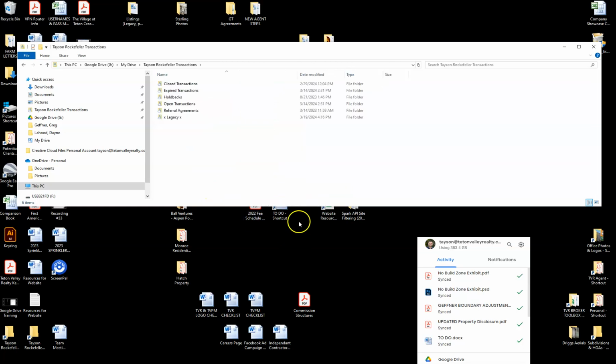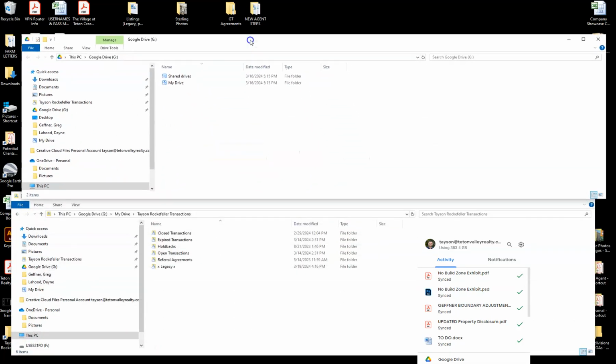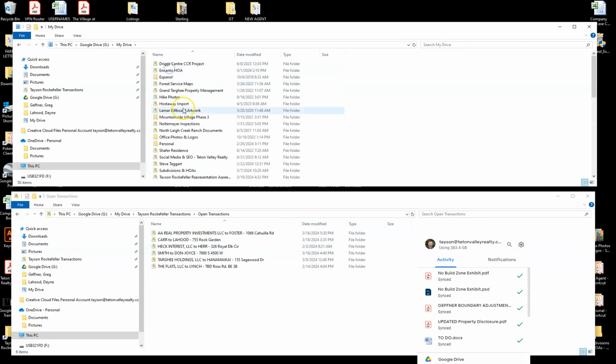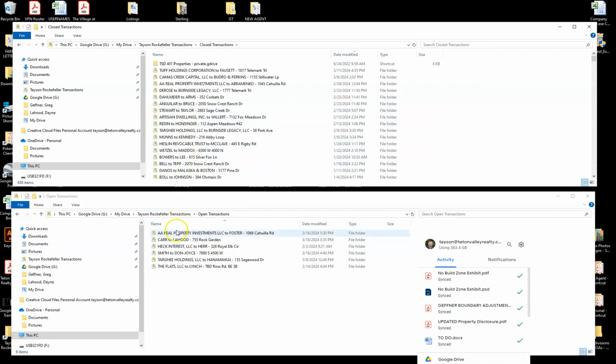So transactions as an example, I can simply come down, open Google Drive again, and let's say I want to move something from the open transactions, so I can have two files open here at once, Tayson Rockefeller transactions. I'll have open transactions down here on the bottom, closed on top. I can take this entire file that we saw in the Google Drive and just drag it over here, and that'll automatically sync up with my Google Drive. So I find this workflow to be a little bit better, and then obviously, as most of you know, you have a